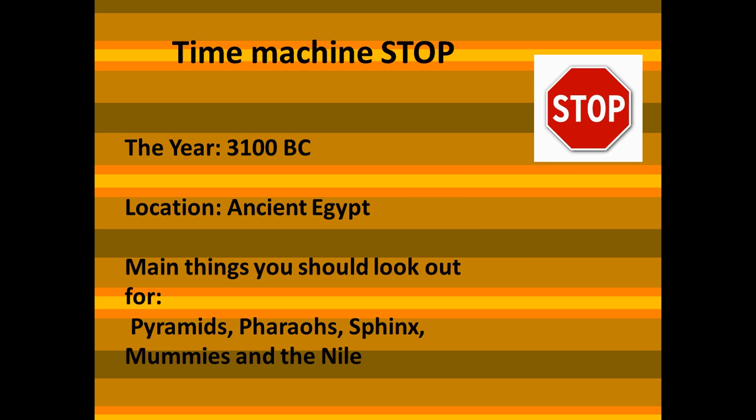And then this is our final stop. It's the year 3100 BC. The location is ancient Egypt. And the main things to look out for are things like the pyramids, the pharaohs, the Sphinx, the mummies, and the Nile. The pyramids are still, to this day, one of the most pioneering engineering